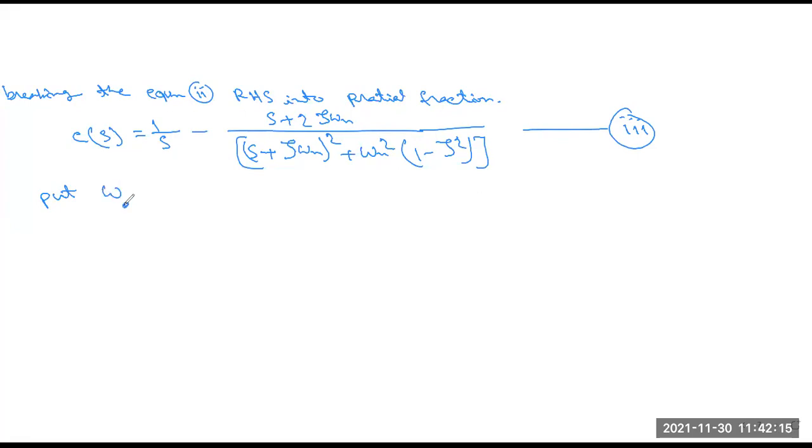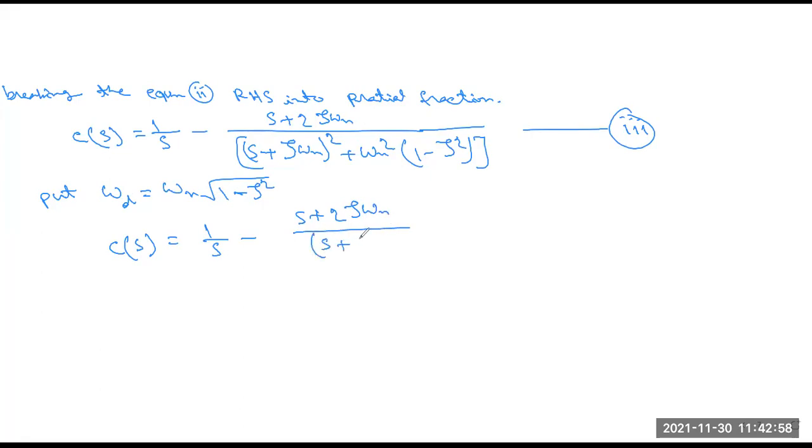Okay, now put the value, that is omega d equals omega n into root over of 1 minus zeta square. So when you put this value, omega d, these are basically the natural frequency and the damped frequency we denote as wd, which equals wn into root over of 1 minus zeta square. So the equation is coming, that is C(s) equals 1 by s minus (s plus 2 zeta omega n)